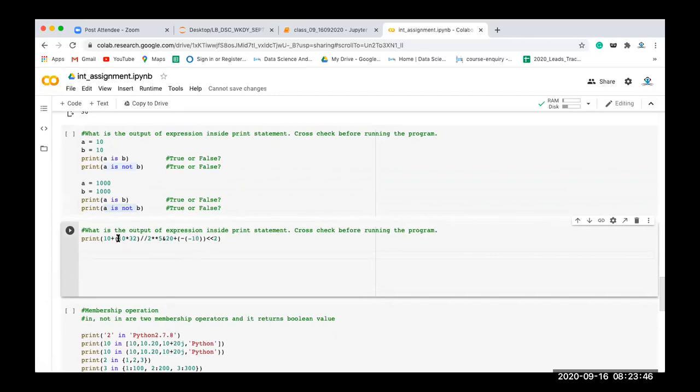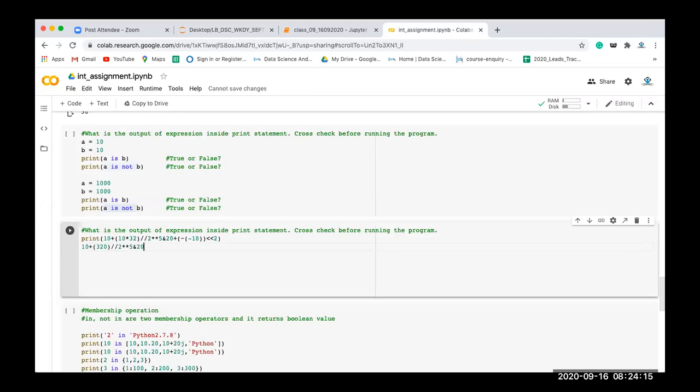So if you check here, this is the bracket we have, and then this is the bracket we have. So let's do it one by one. First of all, this will be 10, and then plus this will be 10 into 32, right? Or let's make it 320, and then double slash 2, and to the power 5, then AND operation 20